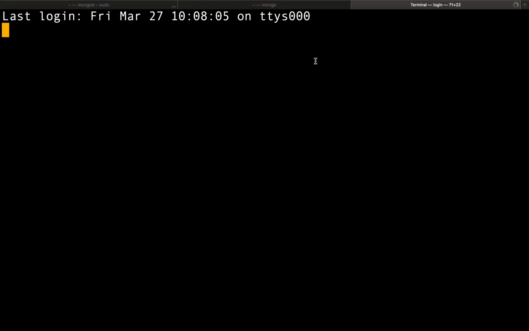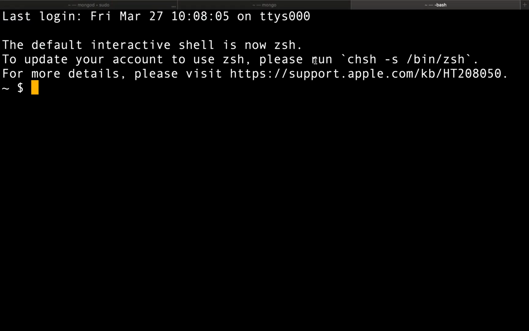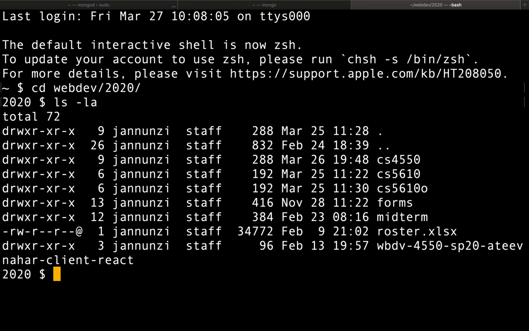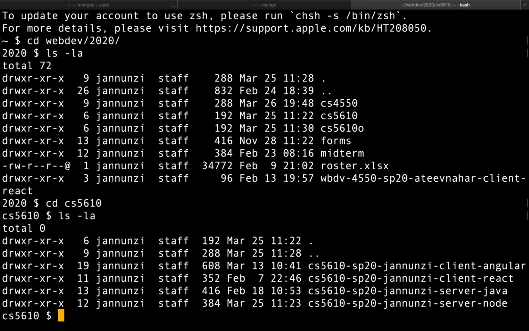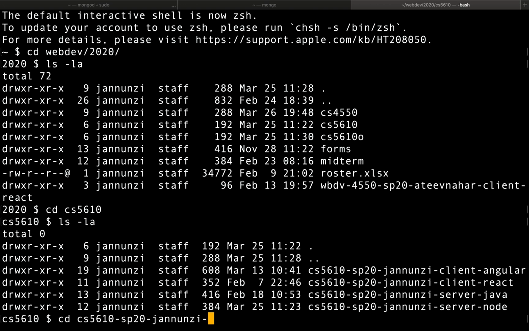So in a different tab, we're going to go into a Node.js project, and from there we're going to install a library that would allow us to interact with Mongo. So let's head over to web dev, and then 2020, and then let's see, we're going to go into cs5610, and let's go into our node project,